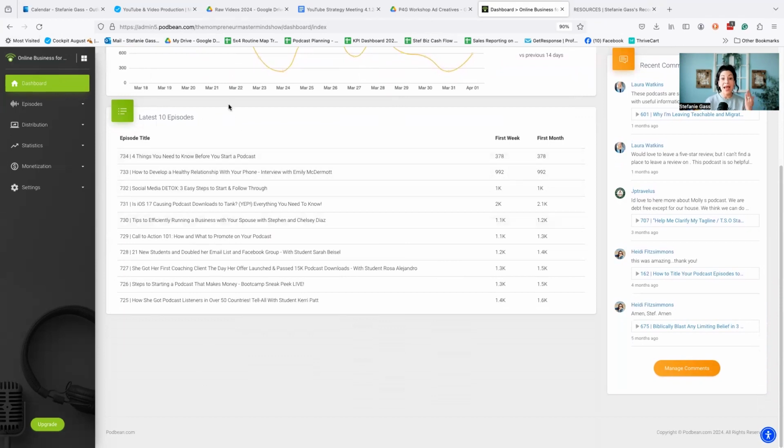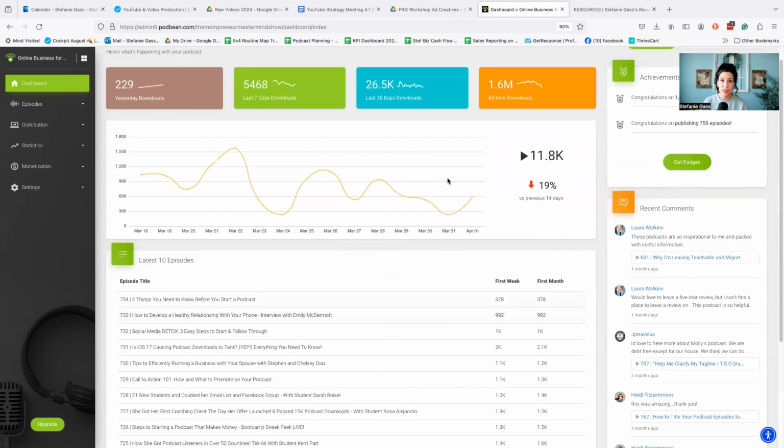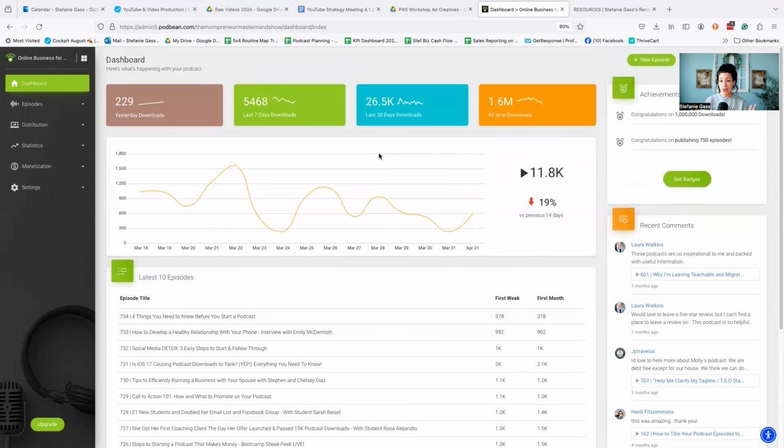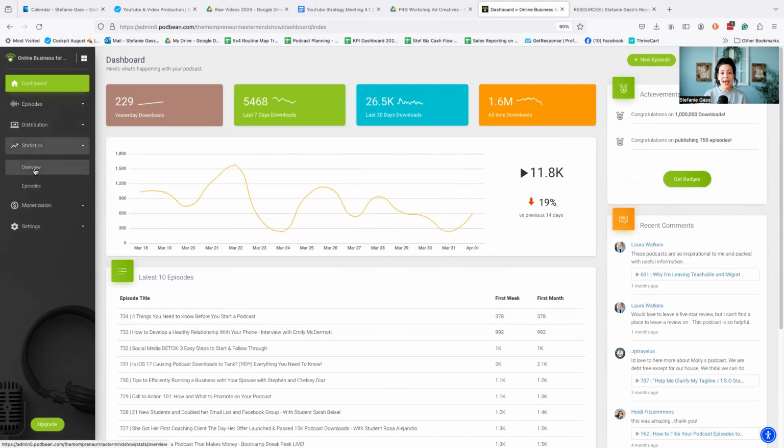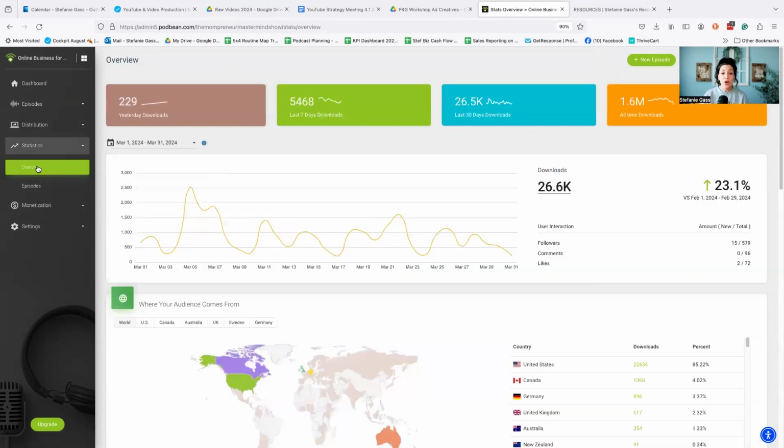Now, this is fine, but I don't actually use this page for anything because when you are looking at podcasting, it's important not to look at only 2 weeks of data, but to always be looking at like 30 days and then 3 months, 6 months, and 12 month spans of time because podcasting is long form. So this says I'm down versus the previous 14 days. That doesn't really matter or mean anything to me because I'm only wanting to look at a larger span of time. So if you go under